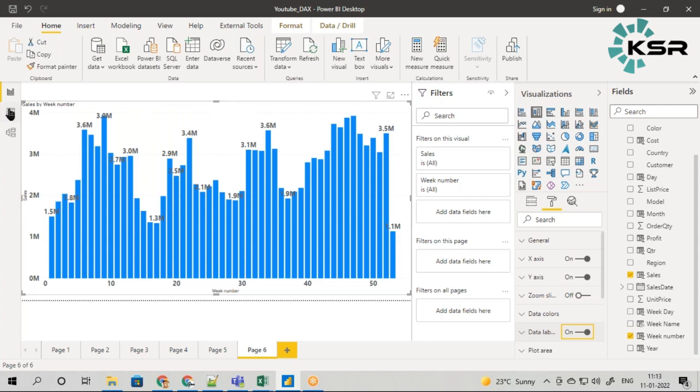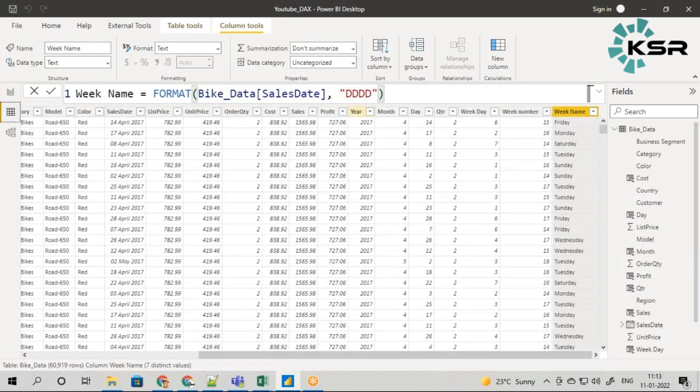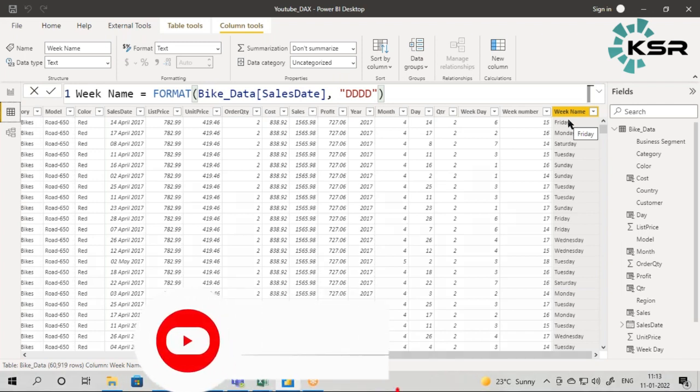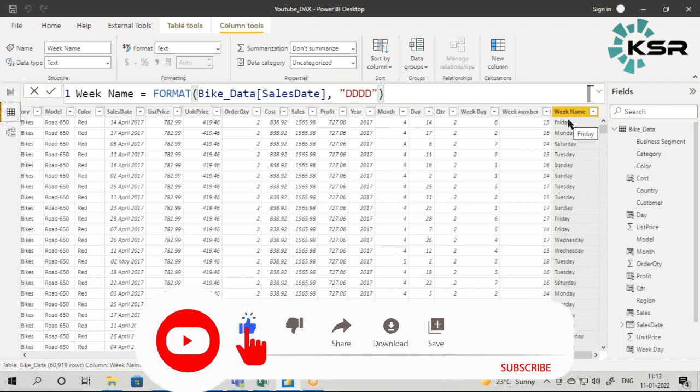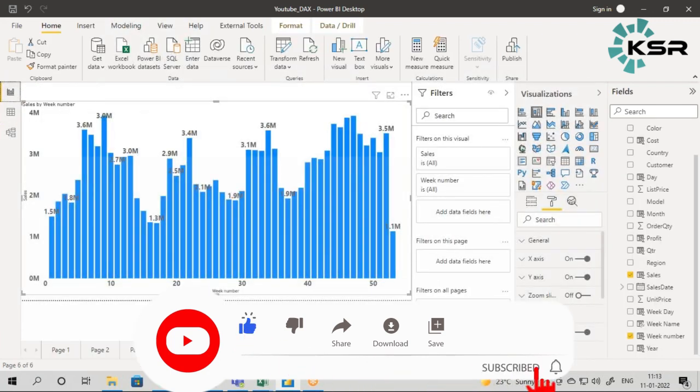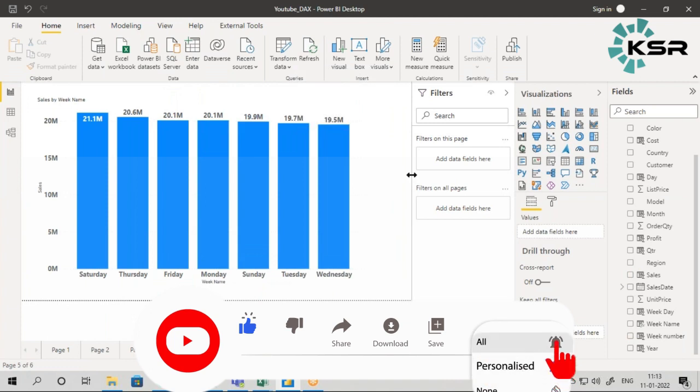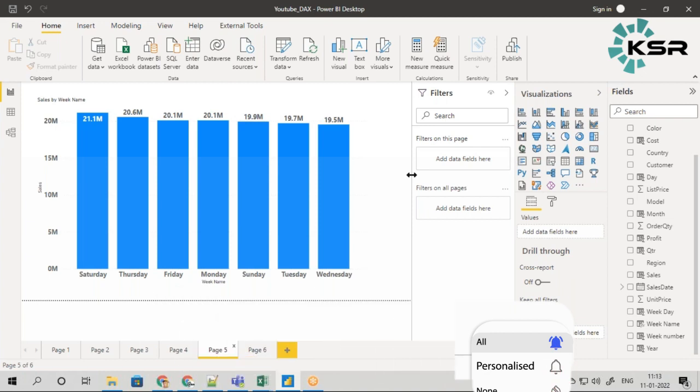So what are the functions which we have implemented? We started with year, month, day, quarter, weekday, week number, and week name. Unfortunately, week number, weekday, and week name did not come from the chart. So that's why I have written my own DAX function by using the functions given by DAX. Week number and weekday were my requirement, and I was able to achieve it. So this is how, based on the requirement, you start writing your own functions by using DAX.